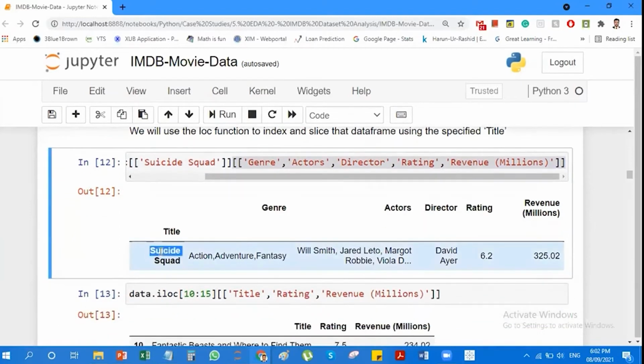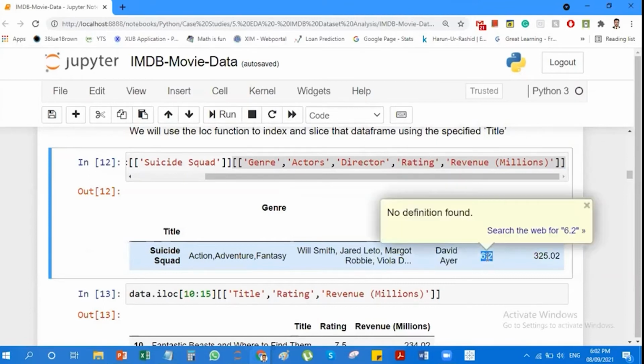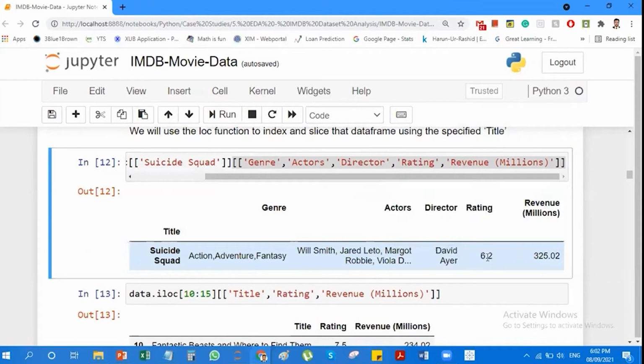So here you can see I'm getting Suicide Squad, and it is an action adventure fantasy movie. The actors are Will Smith and Margot Robbie. Everyone knows these two people, very famous, right? After that, the director was David Ayer. Next, the rating was 6.2. So though it is one of the low rated movies, it was also very famous at the time of release, right? Because it's a DC movie. We call it DC Universe, Marvel Universe, right? So it was one of the famous movies that got released, and you can see it has generated a revenue of